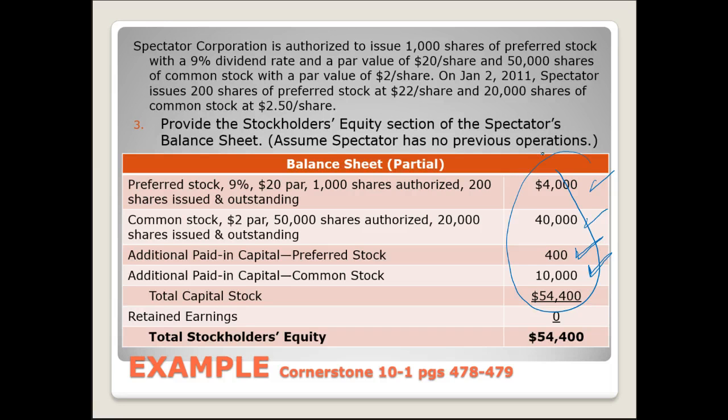$54,400 total of capital stock, which just so happens to equal the amount of cash they received on January 2nd, because remember, January 2nd was the first time they issued shares. If you also note, in this company's balance sheet, there is $0 retained earnings because we believe that Spectator had no previous operations, which means it has no earnings to have retained from the past. It has no past yet, which means total capital stock plus total retained earnings comes to total stockholders' equity of